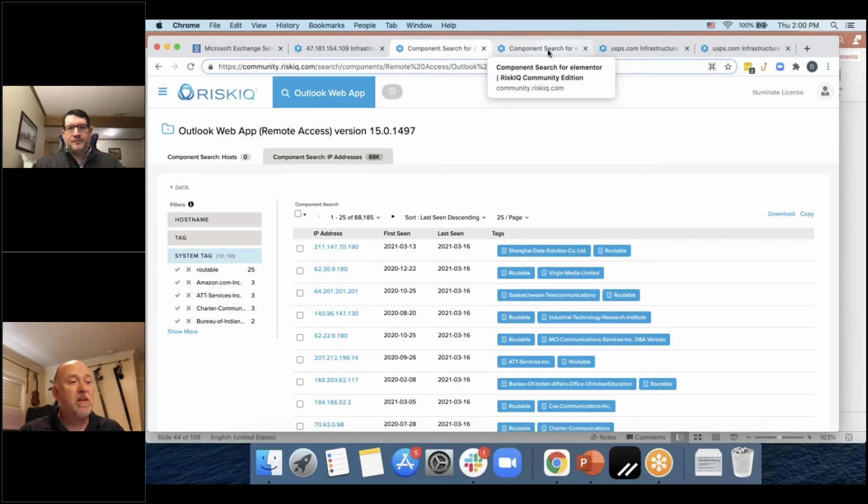So these are some examples of editing the URL to do the search to find something specific. It's a way that you don't bring back as much data, but it's more precise. And so this is the type of thing we're trying to show you. Instead of seeing every Outlook, you can look for just those vulnerable ones.